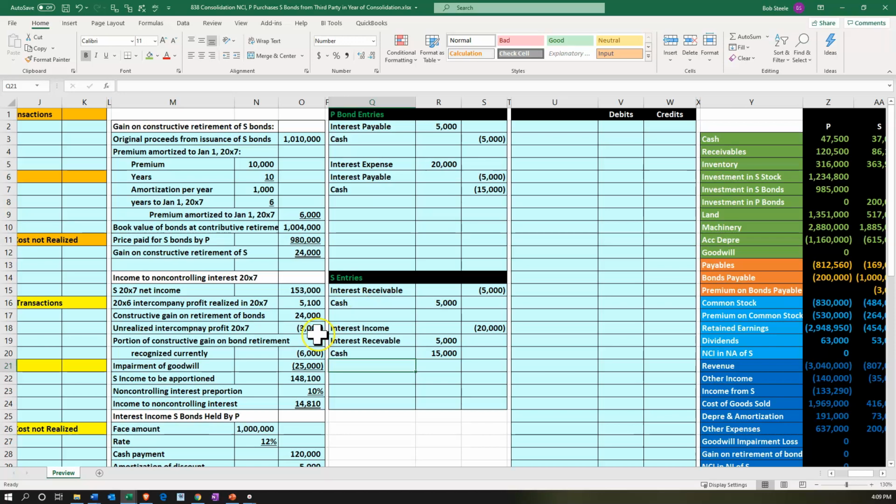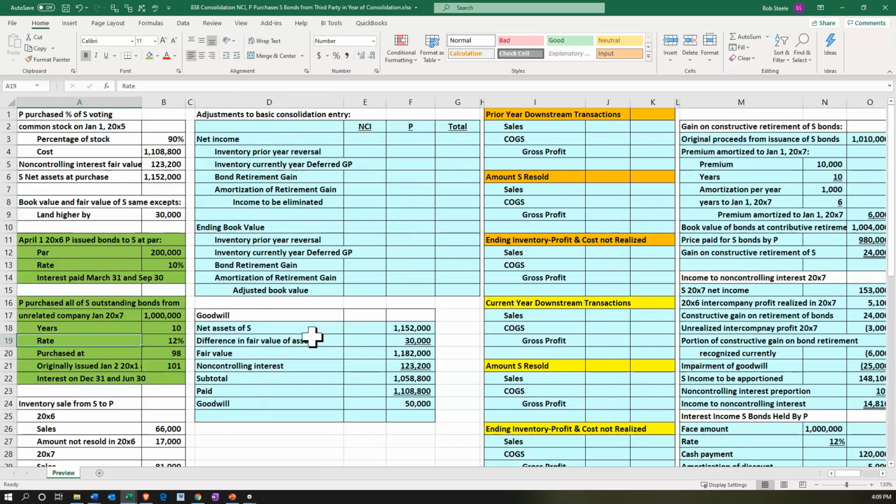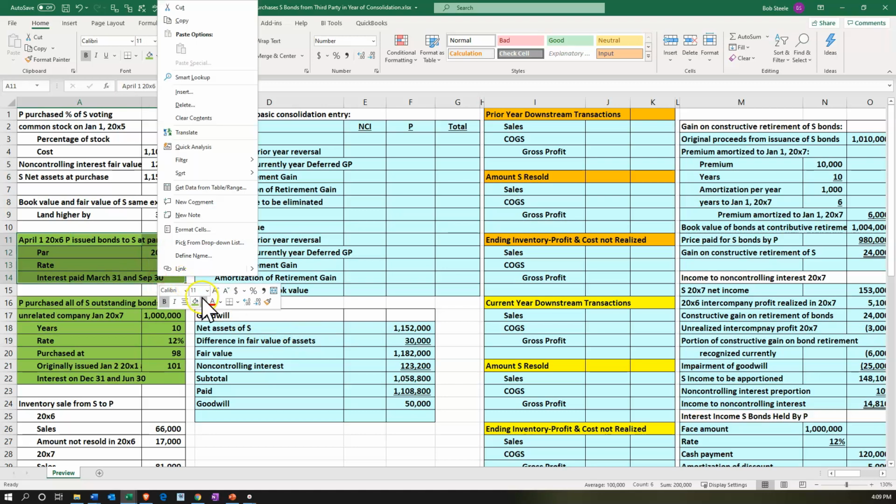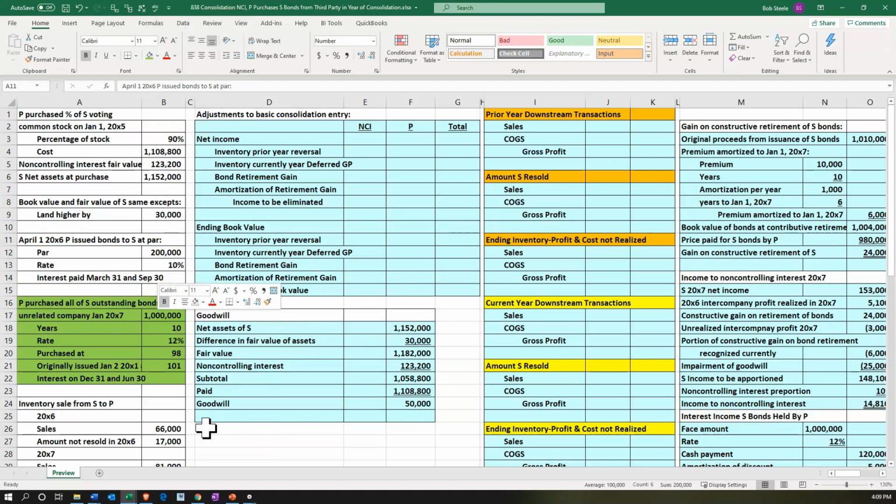All right. Now let's think about the more complicated one that's not going to mirror as well. So ungreen this one, and we're working on this one now. This one's a little bit more complex because, again, it won't mirror exactly due to the fact that we have that intercompany, third party involved here. So we're going to say, all right,